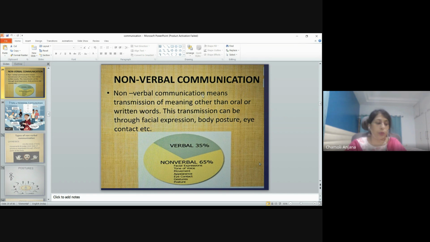And the way you keep your legs, some people will take their leg to one corner and sit, which shows that you are a very careless person, or you are not even bothered to listen to what is happening. All these things communicate to others. They constantly send messages to others. So we should be very careful about how we present ourselves, because, knowingly or unknowingly, we are sending messages to others.